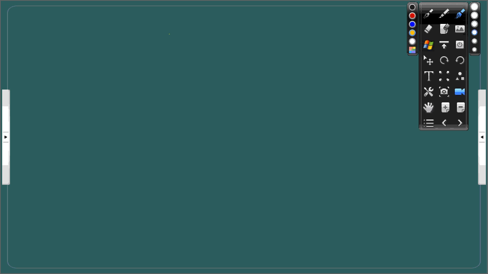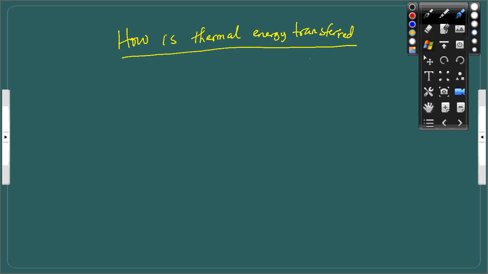Hello. In this lesson, we'll be talking about how thermal energy is transferred. How is thermal energy transferred? Before I open the slide, I would like to make a difference between heat and thermal energy, because some